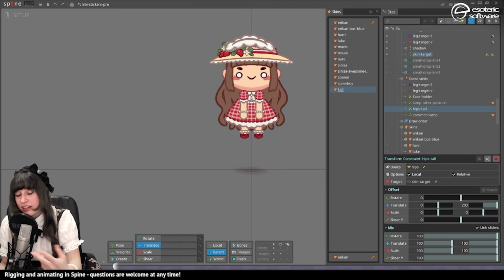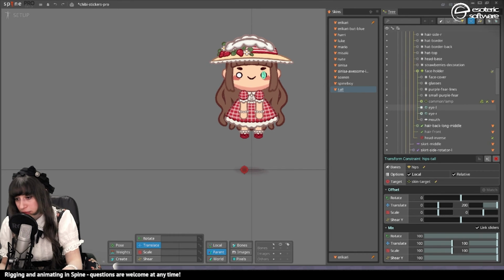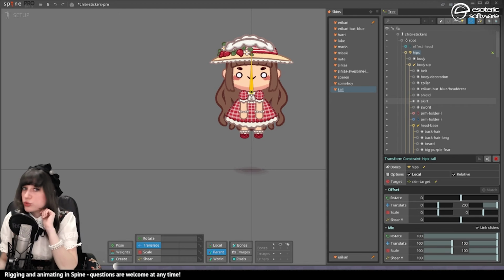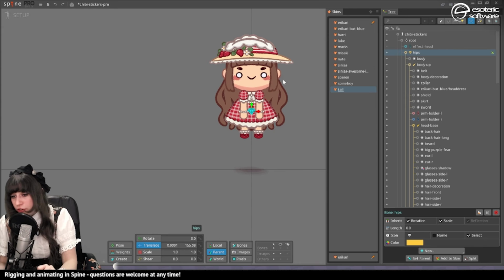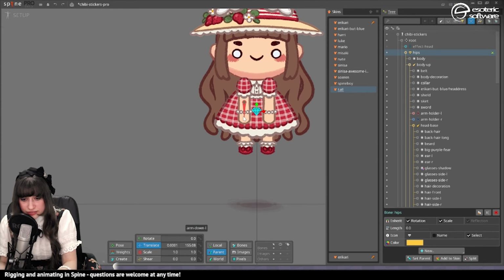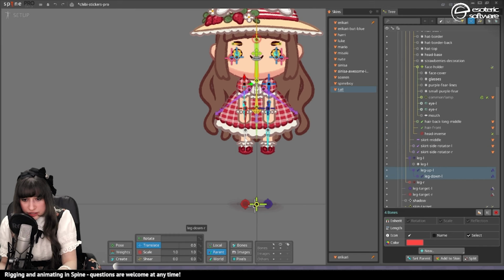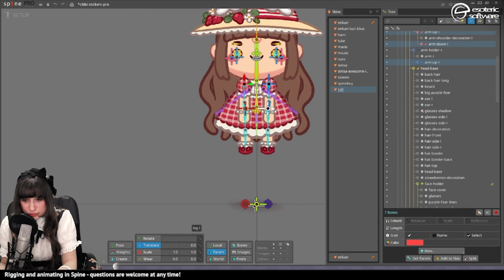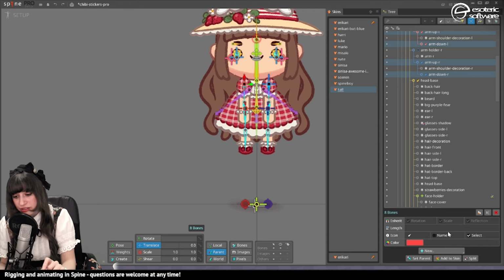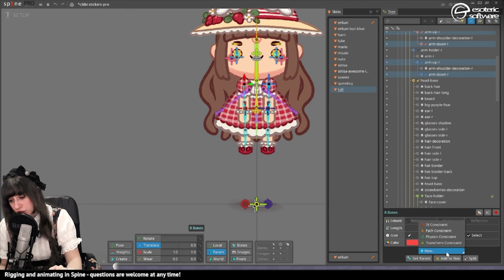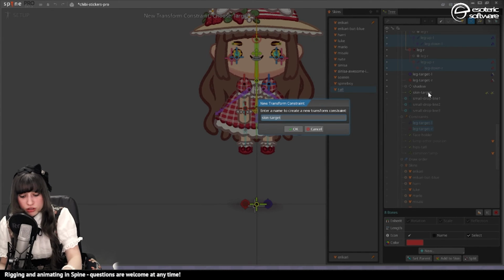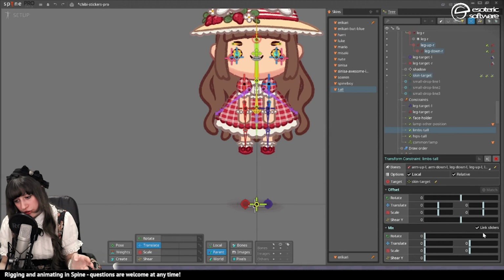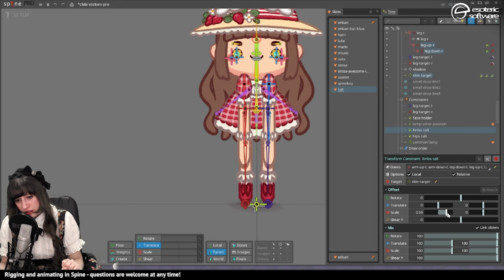To do that, I need a second constraint to resize these parts. By the way, this is all in a blog post that I did ages ago, so you can follow that too if you like to have written instructions. For these, I'm going to be selecting the arms, here the legs, and the other arms. I need 8 of these. It's basically the same as that tutorial there. I'm going to be choosing new transform constraint, and then I'll pick the skin target. I'll call these limbs tall, check local, check relative, turn these on,